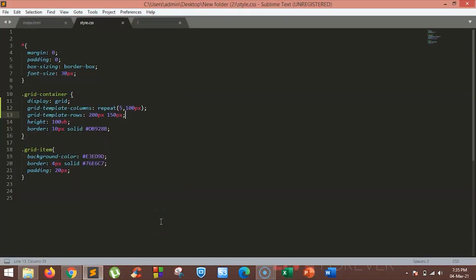If you don't know how large your grid is going to be, you can use grid auto rows, and this will determine the size of all the rows that are added after the template rows. Suppose we want all our rows to be 100 pixels.